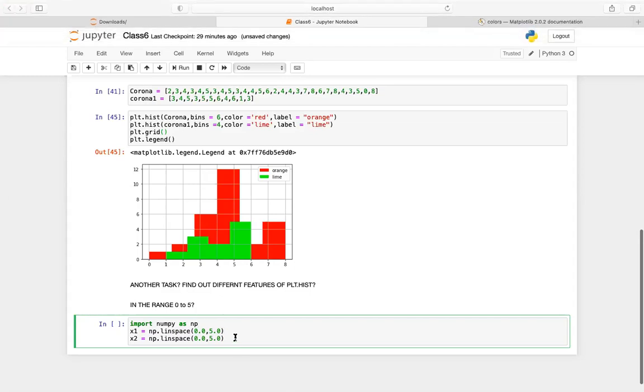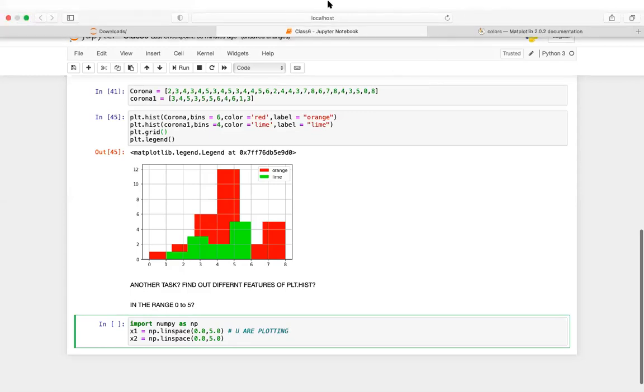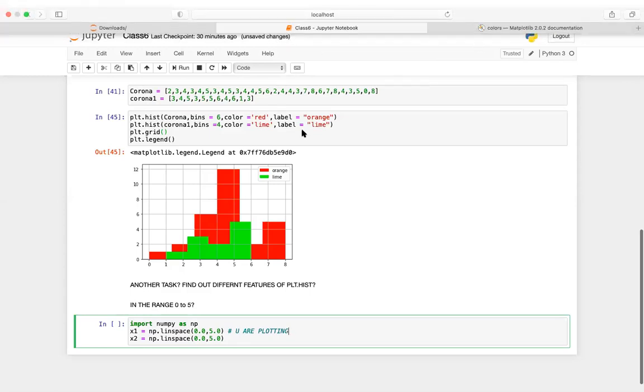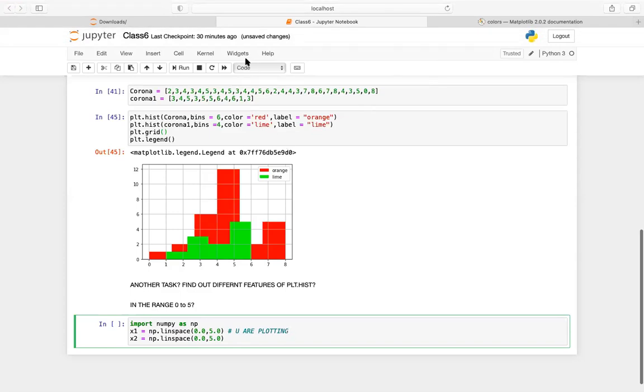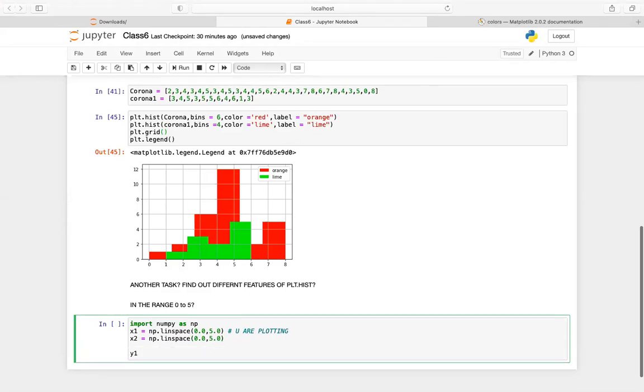Yeah, sorry, somebody muted me maybe, or I got muted. Here this np.linspace means that you are plotting in this range. If you remember the range function, you don't need to know what numpy is now, just follow the class. You can hear me now, right, everyone? Okay, fine. Just don't worry about what numpy is. For the sake of this problem, just think that you know what numpy is.